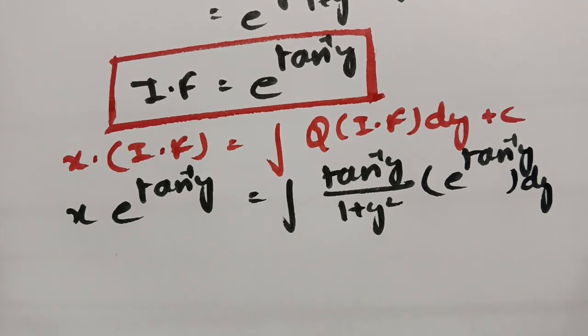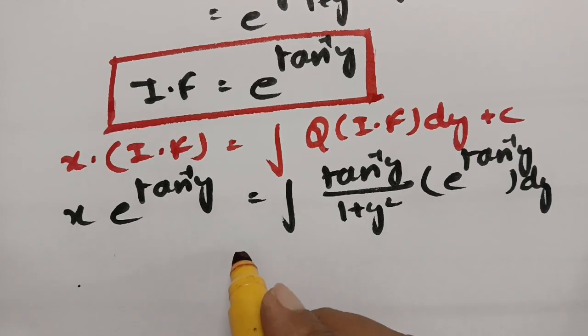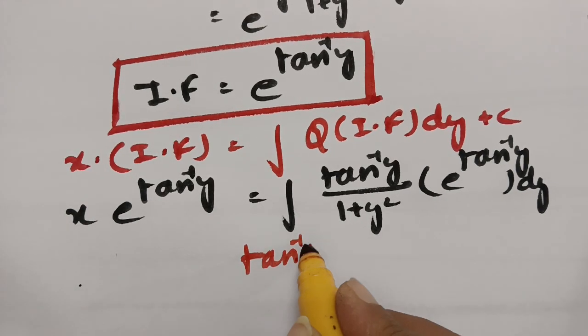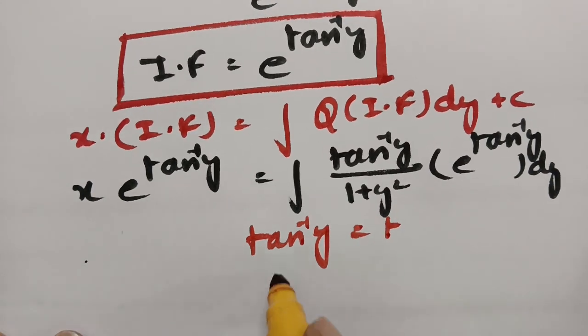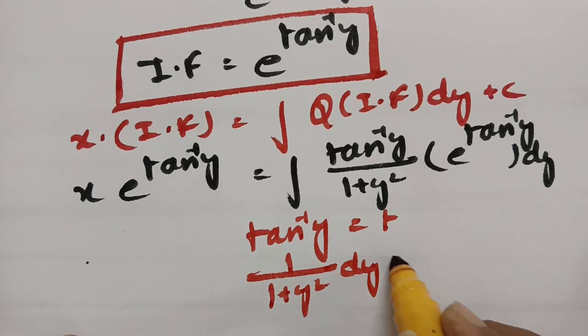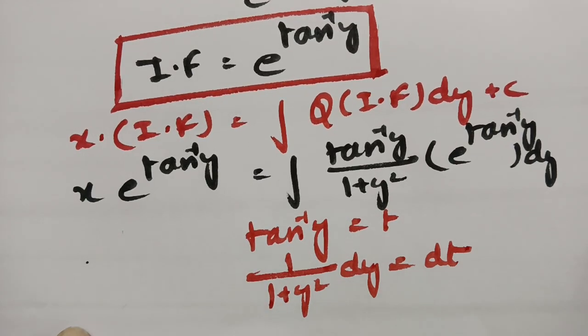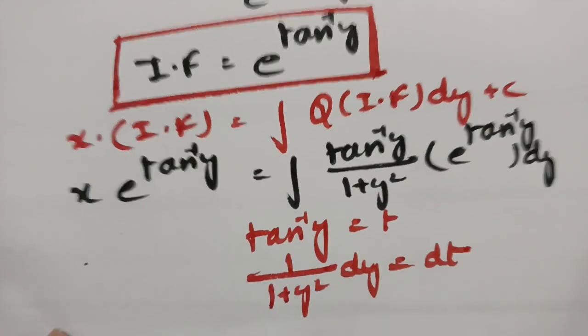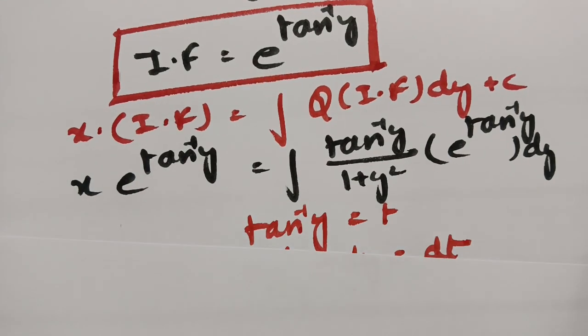Now, in order to multiply, see, I'm writing it in a proper way, as the substitution here is also very clear. So if I take tan inverse of y as t, then 1 by 1 plus y square into dy value will be dt. So here, if I calculate this value as